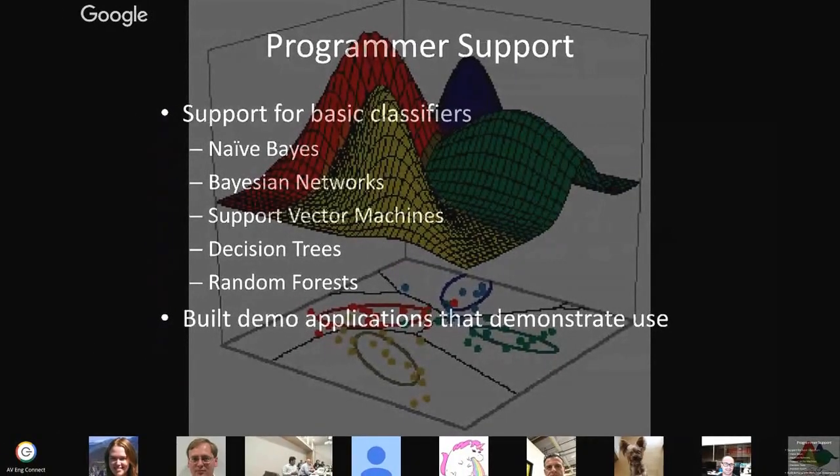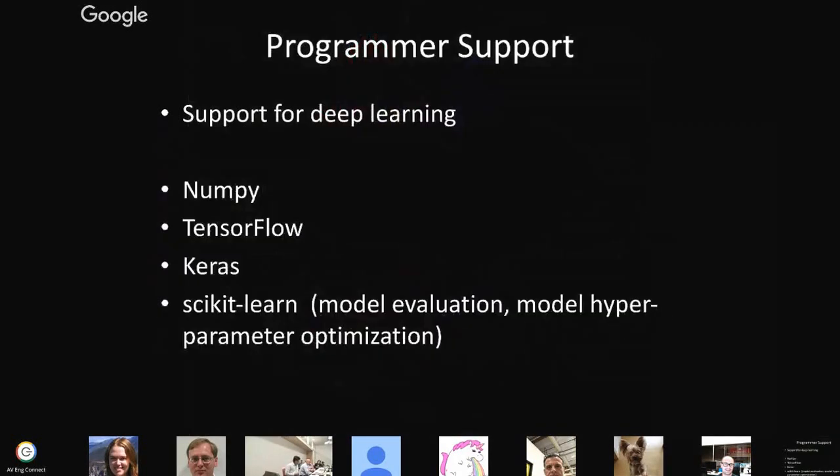So at the very basics, we have support for all the basic classifiers as you would expect, and we built a bunch of demo applications that demonstrate these. In the interest of time, I'm going to just move a little bit quickly. We built in support for deep learning. We started with TensorFlow, but realized that that was not the level at which we wanted to engage with deep learning. So we put together a set of these 3-4 systems: NumPy, which is a numerical statistical package in Python, TensorFlow, Keras, which is an open source library that builds on top of TensorFlow, a little bit higher level, and then scikit-learn on top of that. And we put a wrapper around that to make deep learning available within the Giotto infrastructure.